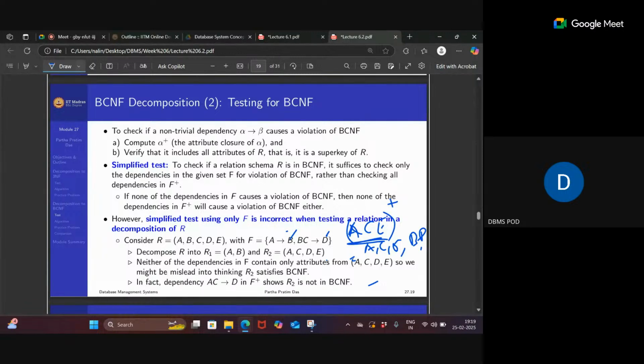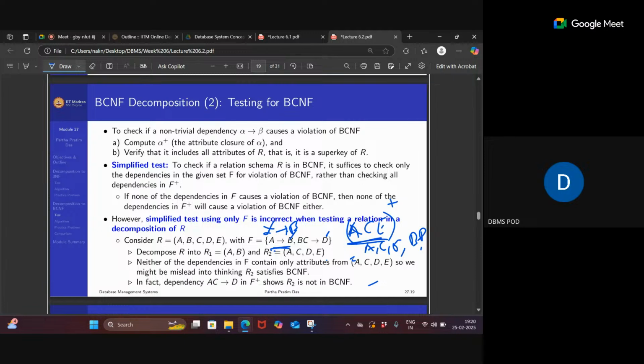Now we'll see whether our given FD set is in BCNF or not. How to check? Let us take A determines B. So alpha determines beta. We have to check whether beta is a subset of alpha. No, B is not a subset of A. That condition is not satisfied. We'll check the other condition: is alpha a super key? Is A a super key? No, A is not a super key. ACE itself is the primary key, so A alone cannot be a super key. So it is not valid, and it is not in BCNF.